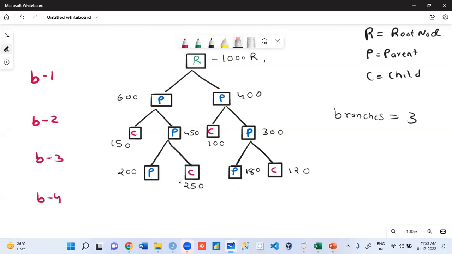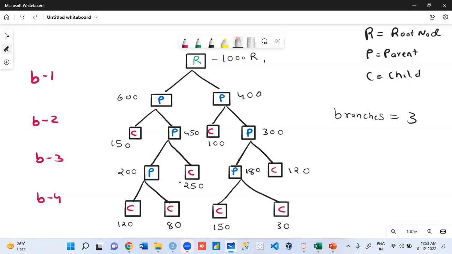Can I say we cut the tree? Logic clear. Next one. Number of samples in the parent node. I say every node that wants to become a parent should have a minimum of 200 samples. This parent node has 200. This has minimum 200. More than 200. More than 200. More than or equal to 200. Minimum has to be 200.